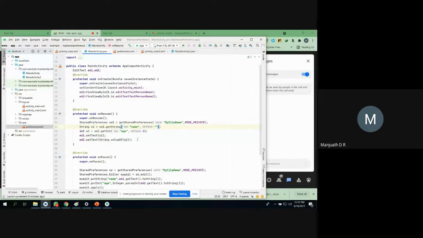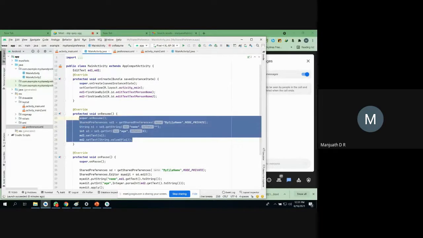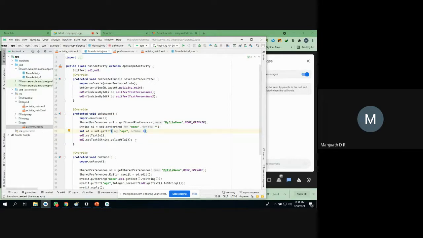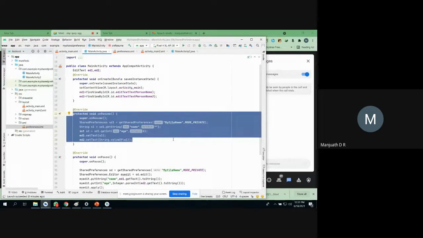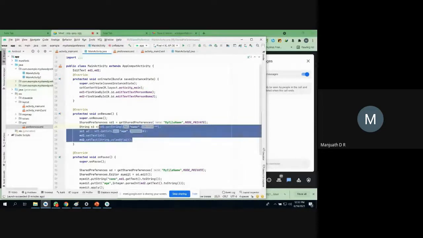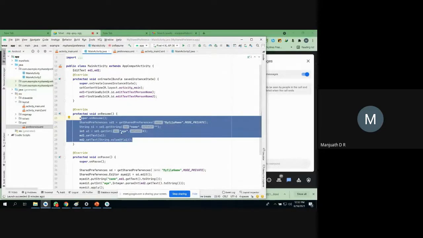The best way, if you want to create your own app and you want to store information, don't use the app settings way, you do it like this. If you have a larger number of settings, like if you open your system settings and you want to set notification on, notification off, or the volume should be like this and the ringtone should always be this, the vibration should be on or off, whatever such things your mobile or your app needs to remember, better you put all those options here rather than in a program. Or if you want to store some information, then you create a shared preferences like this and work like this.